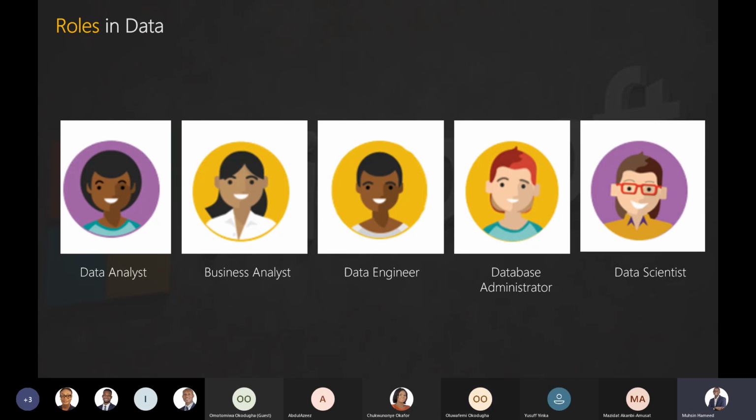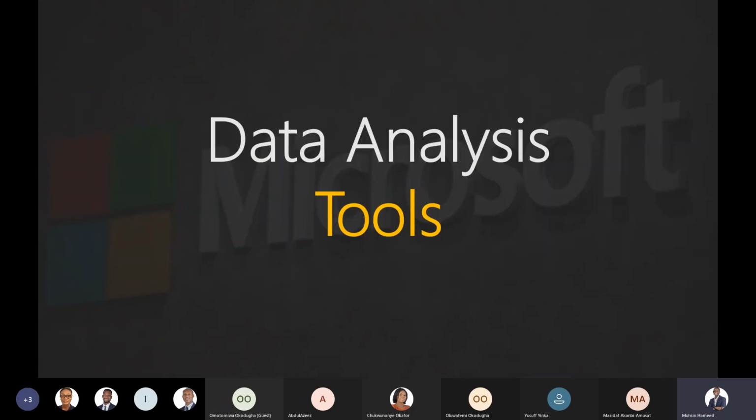You're welcome. All right, so now a quick review. We have a number of roles within data, so let's quickly mention those. Number one, what is the first role? Data analyst.